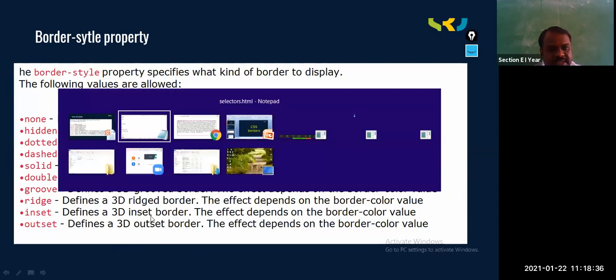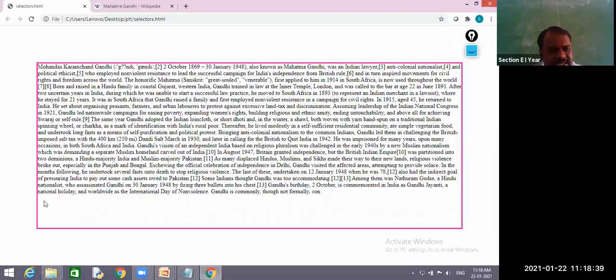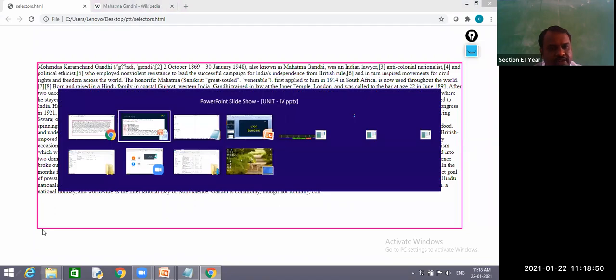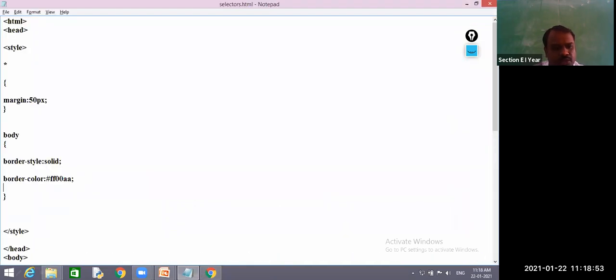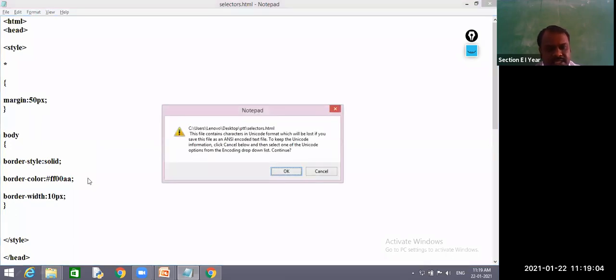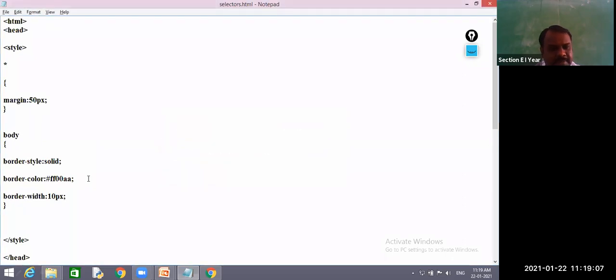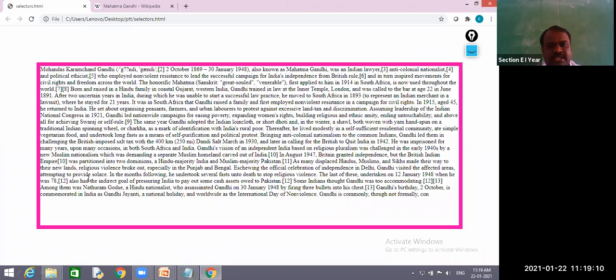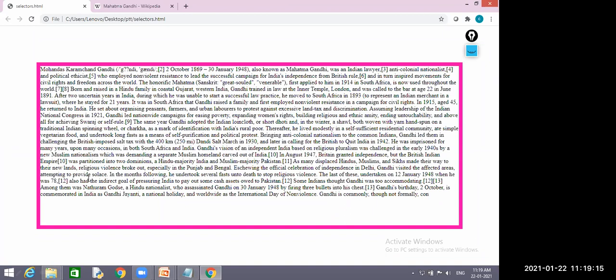Next, border color, border style, and next one is border width. So to increase the thickness of this border, right now the default is one line, but if I want to increase the width of this border, then you need to go for border width. So you can give border width as 10 pixel. You can give it in pixels or percentage, but better is pixel. So has this thickness increased or not? Increased, sir. Thickness has increased.